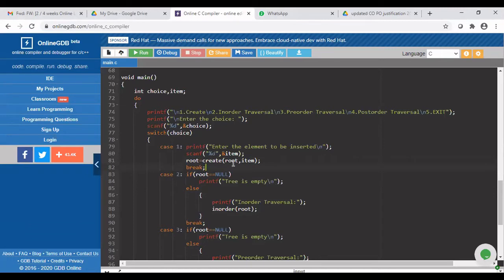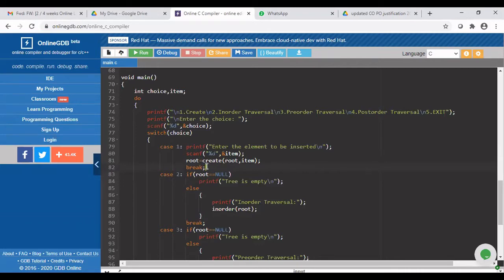What this function will do is first create a new node and store the value of item in the new node. Then it will attach the new node in its proper position according to the rules of the binary tree. Finally, after attachment, whatever is the address of the root node will be returned to you. When it returns the address of the root node, you store it in the same root variable. So this function will get the value of the element to be inserted, attach it to the existing tree, and return the address of the root node again, and we update it in the root variable. That is what we are doing here.